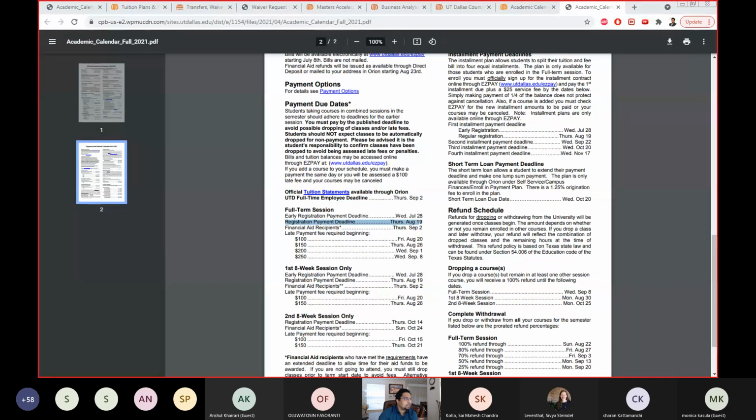And if you can give me a second, I'll give you the exact date as well. The reason why we give you additional days is because as a first semester student, we understand that you're getting used to all this system and you need some additional days. And that's why the university, it's not us in the program, but it's the university that is giving you these extra dates. And I'm just trying to get you